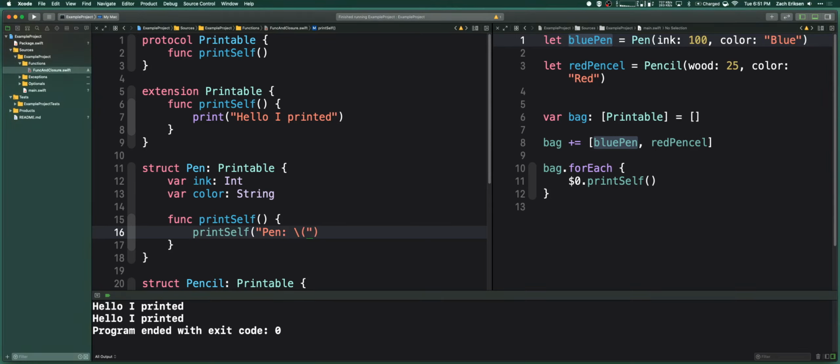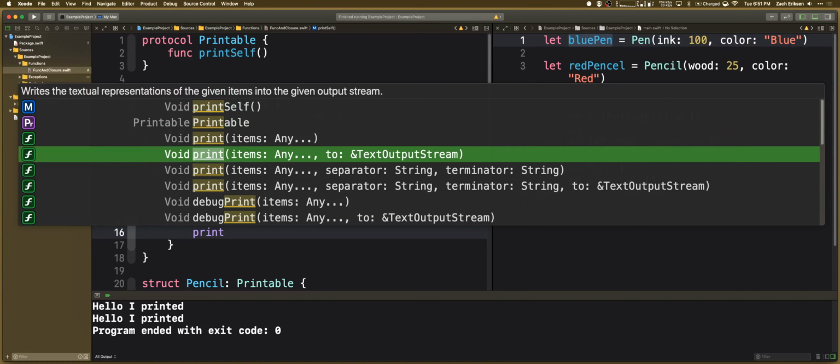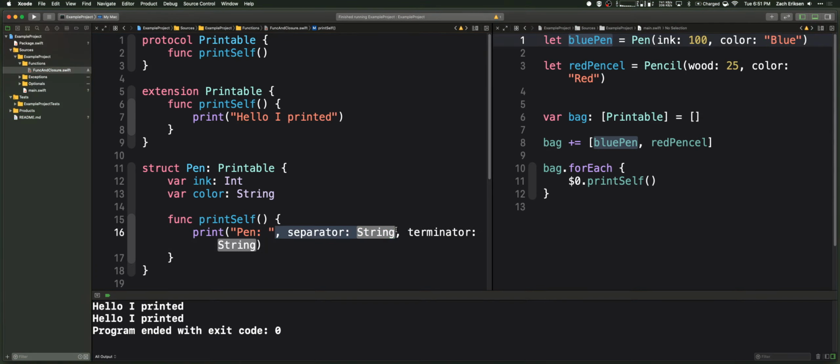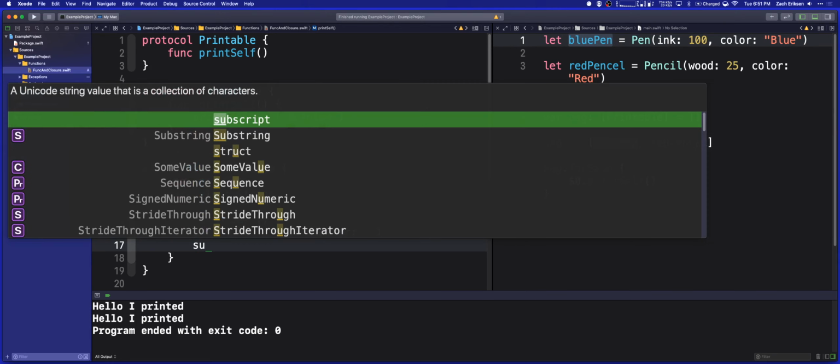I could also, well, I guess, let's do, oops, sorry. So what I was showing in the last one is that we could say this print is different, but we don't want a separator, and we want the terminator to just be an empty string instead of a new line. So I could print, and then I could call,